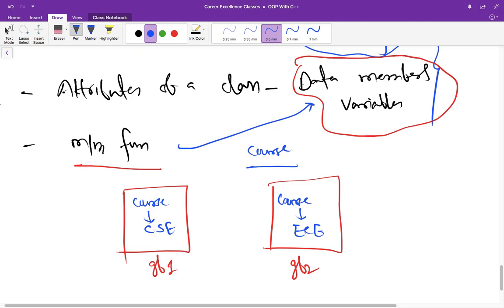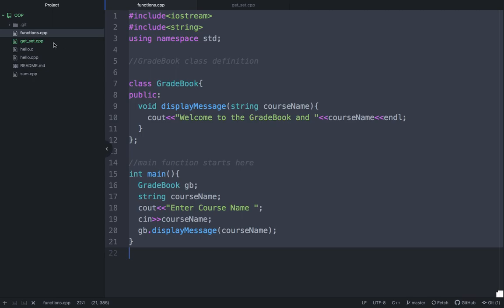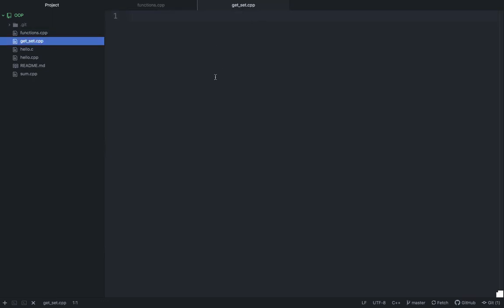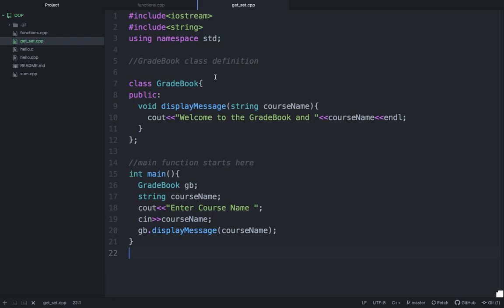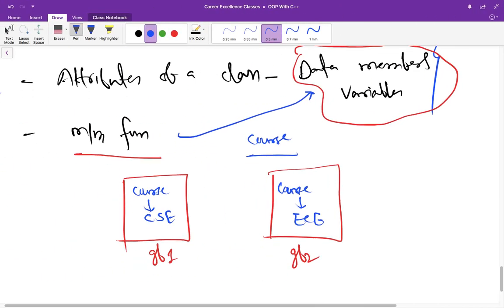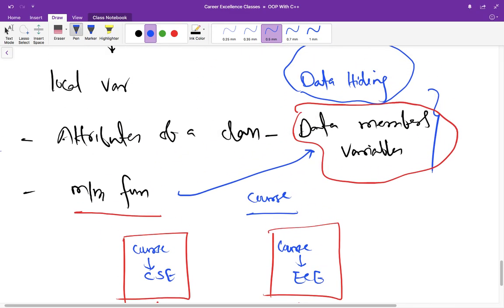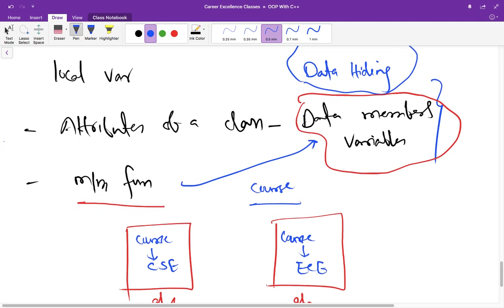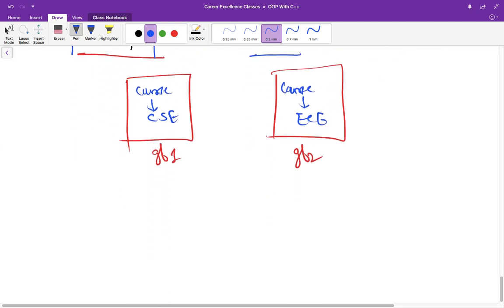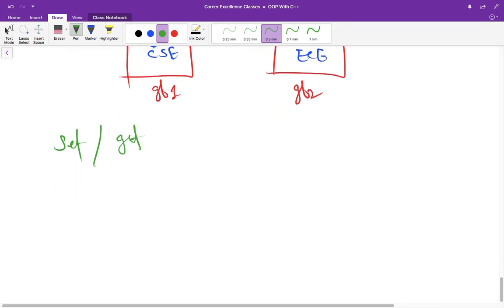What we are going to do now is take the previous example. I'm copying this whole program, and I have created a set get file and am copying it here. But before coming to this example, let us discuss what set and get functions are. We are discussing it because we have private variables and we cannot access them directly, so we need some member functions, right? But there is a special kind of function, called set and get functions. So why do we need them?